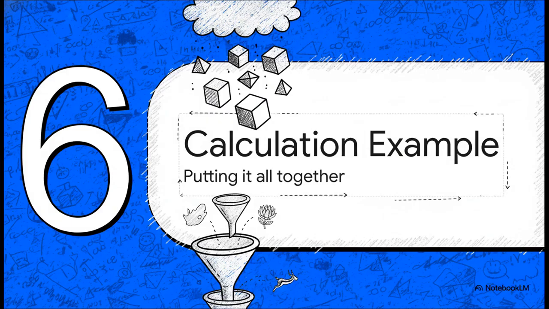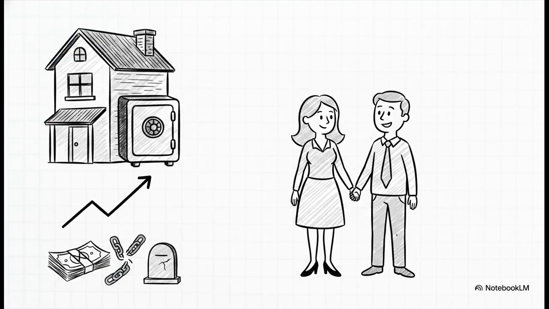Let's wrap up with a practical calculation example, just putting it all together. I know we've covered a lot of theory and legal definitions. Let's pull this abstract math out of the clouds and run a real scenario through our funnel to see exactly how it works. Imagine someone passes away, leaving behind a house and some investments worth a total of 6 million